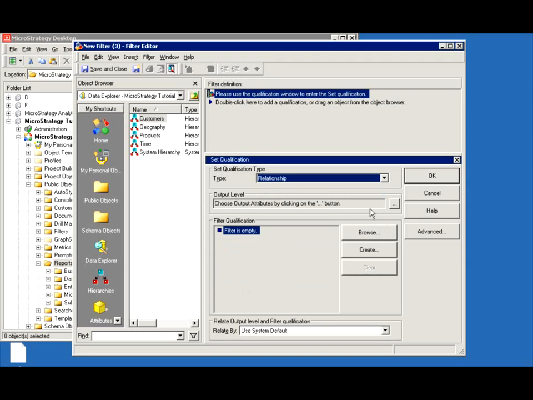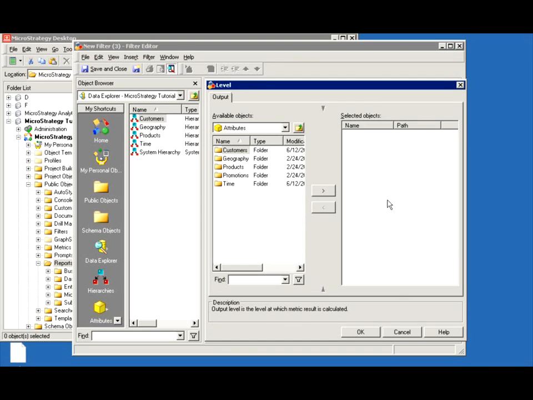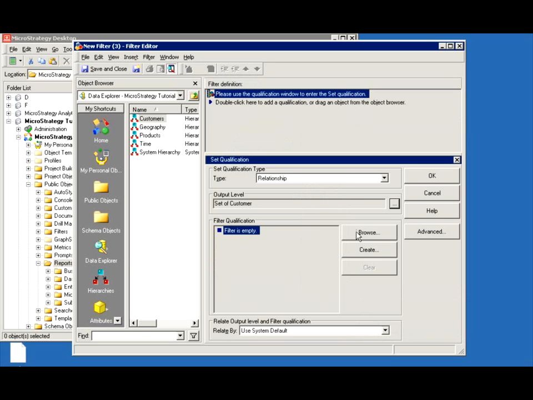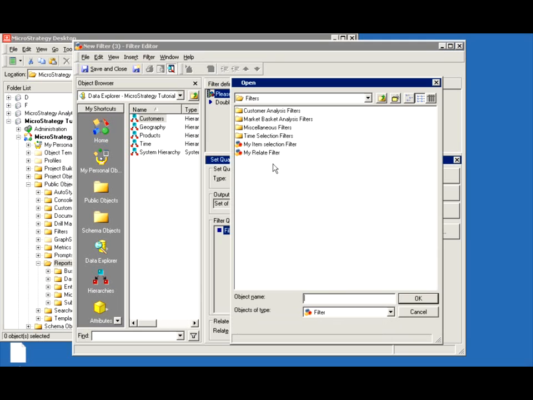We need an output level now. Now the question was, did we want the revenue for item X at what level? We needed it at customer level. You could have it at any level you want, but in our case, we're interested in customer. And what do we want to filter the customer? The relationship. We want the relationship based on